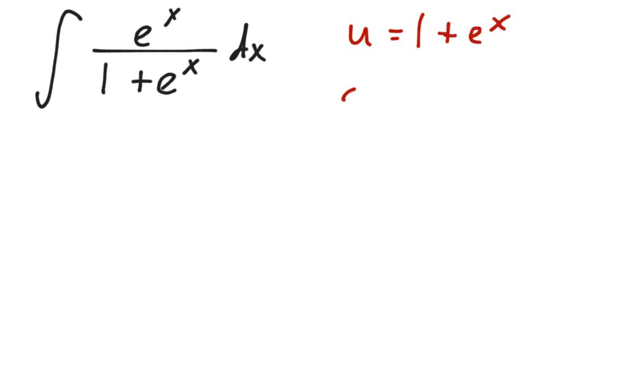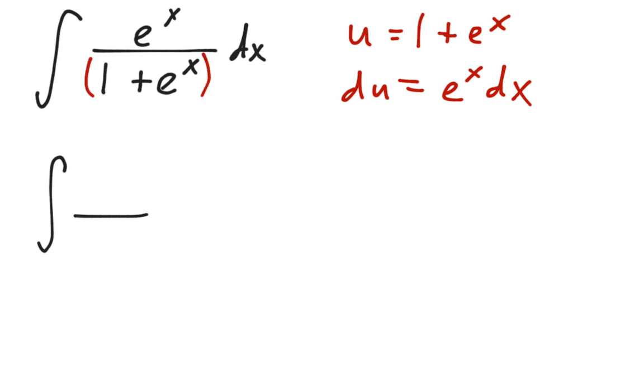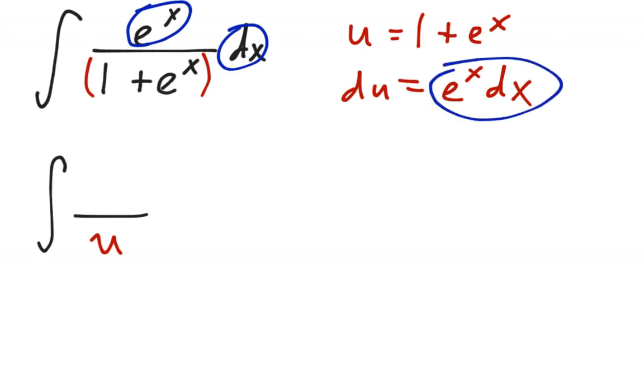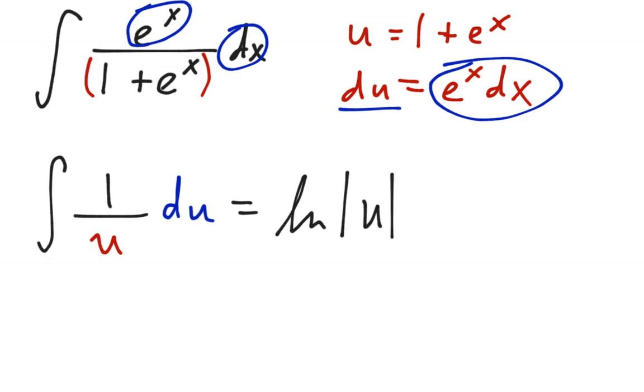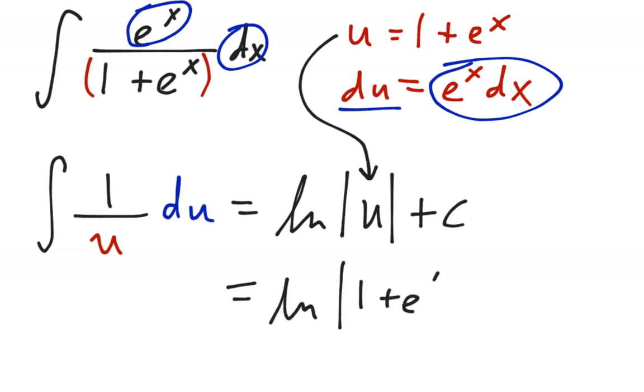This is a good substitution because our du is the derivative of 1 plus e to the x, which is e to the x dx. Oh, well that's very nice, because now the bottom piece is the u. I have 1 over u on the bottom, and the top part, the e to the x dx, is my du. So I really just have the integral of 1 over u du. This is a basic integral. This is natural log. So I get the natural log of the absolute value of u plus c, and then all I have to do is substitute back, and so I get natural log, absolute value of 1 plus e to the x,